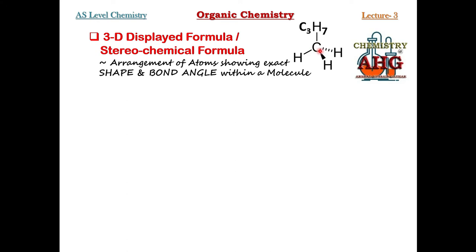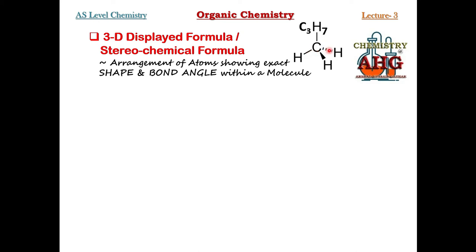But the 4 covalent bonds can be divided into 3 different types, into 3 different categories. Out of the 4, this is one type of covalent bond that is represented by a normal line. This is also the same type of covalent bond because both these bonds are shown by using a normal line. Whenever a bond is shown by using a normal line, what does this indicate? It indicates that these bonds are present on the whiteboard, on the paper. Exactly, these bonds are present on the whiteboard or on the paper.